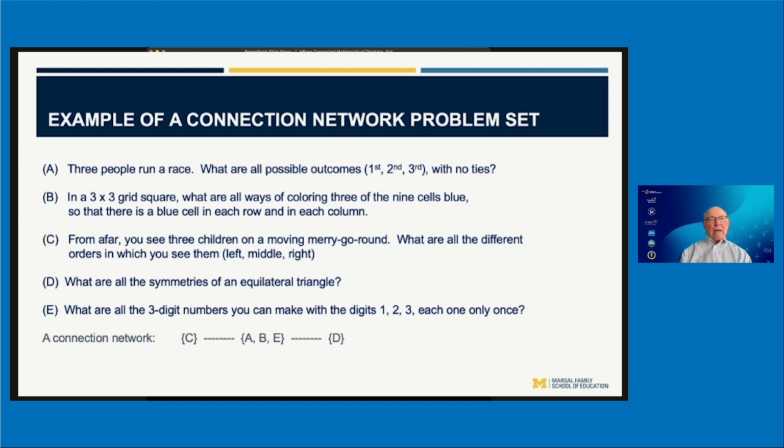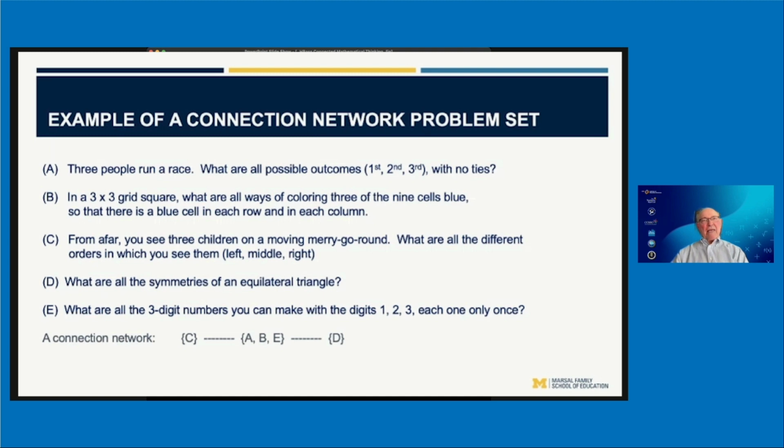For example, in problem D, a symmetry of an equilateral triangle is determined by what it does to the three vertices, and therefore you can represent each symmetry by a permutation of the three vertices. And in fact, in this problem set, you get all 6 of the possible permutations. On the other hand, what distinguishes it from the other problems is that it's not a priori clear that you get all possible such permutations. Similarly,